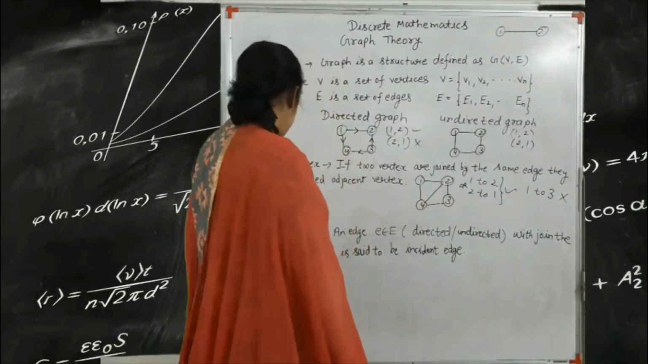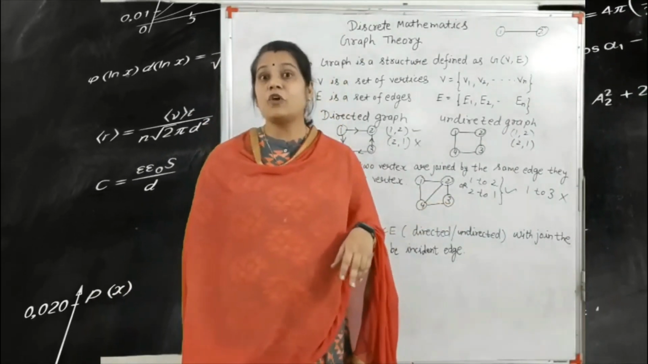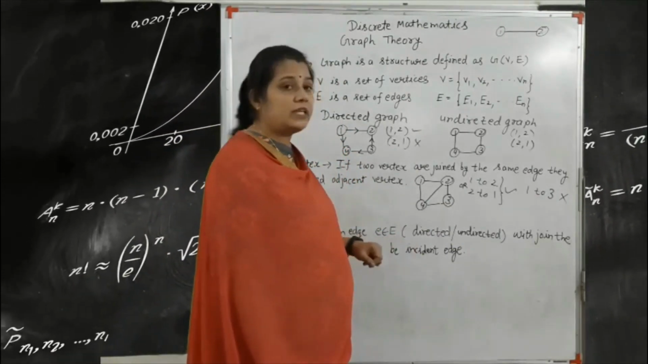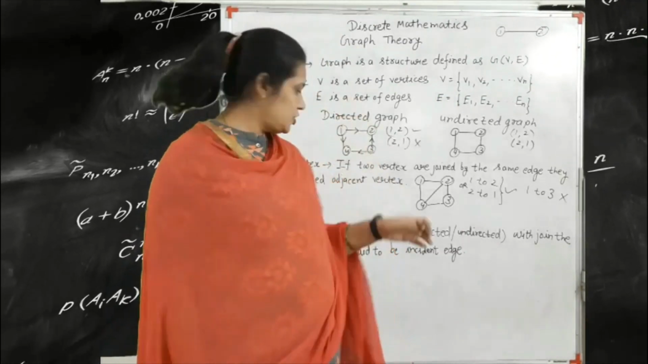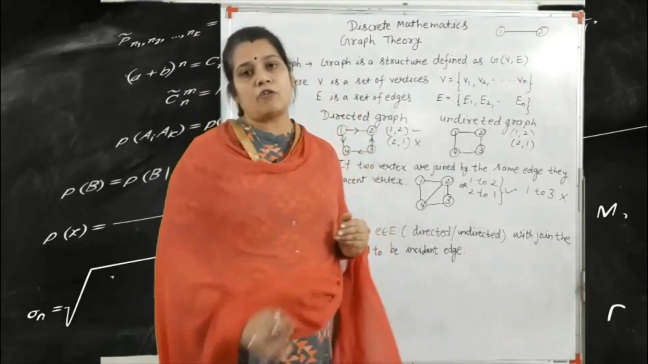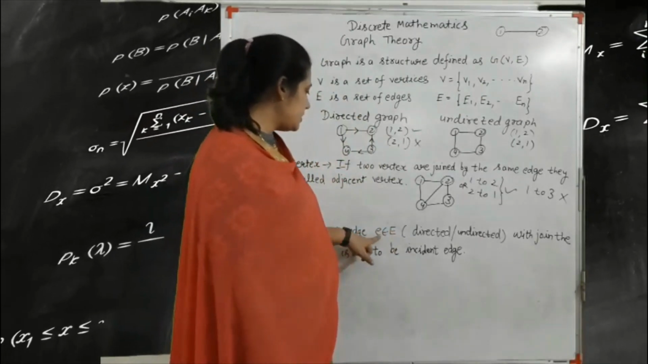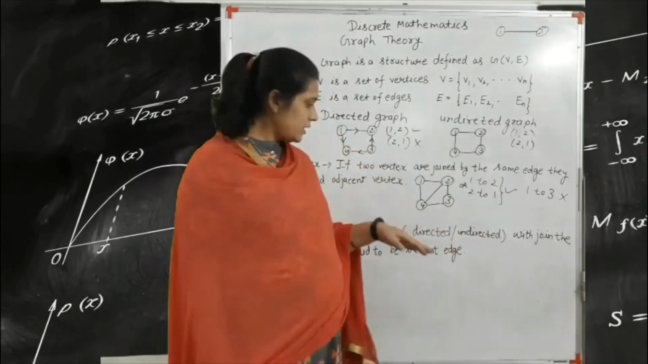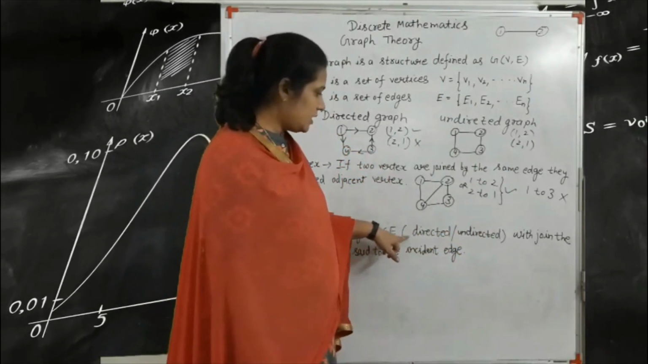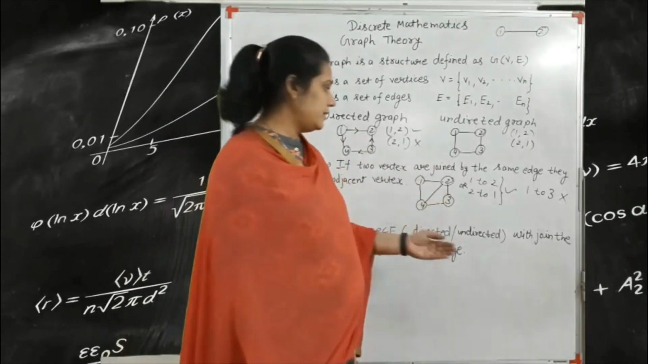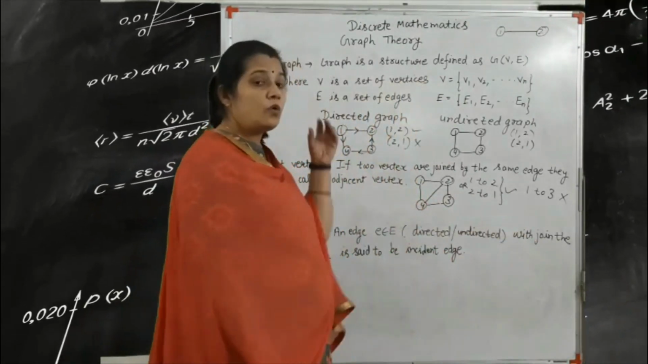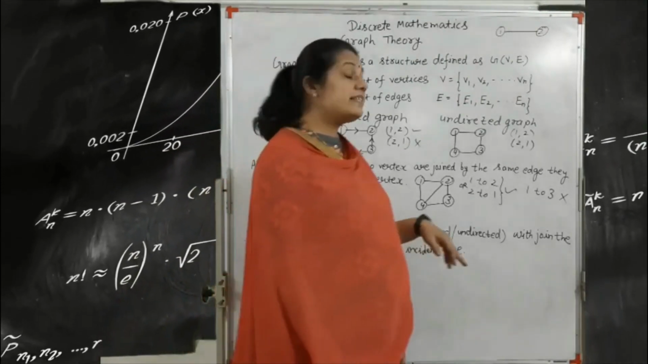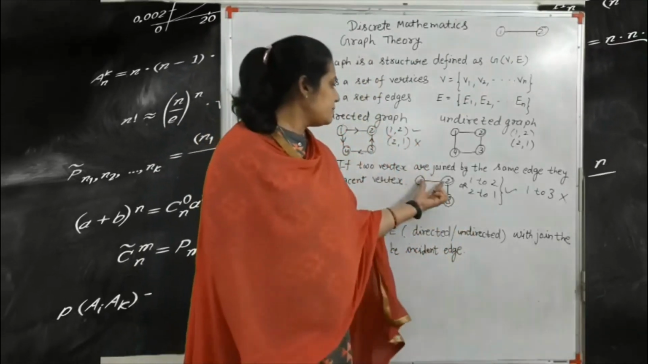Okay, next one is the incident edge. So what do we mean by the incident edge? An edge e belongs to E, where e is any edge and capital E is the set of edges. An edge e belongs to E, directed or undirected, both, joining the nodes V1 and V2 is said to be an incident edge. That means 1 and 2